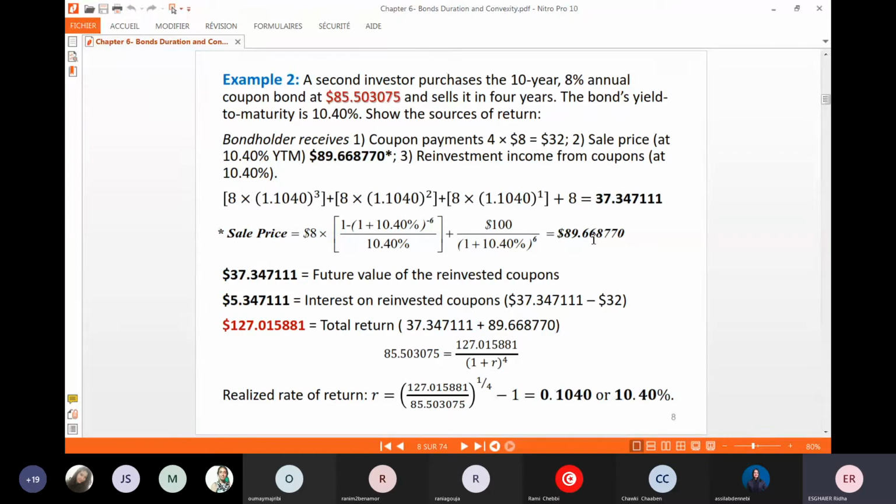He will also accumulate the future value of the reinvested coupons, because the 4 coupons could be reinvested. The first one will be reinvested from date 1 until date 4, so it will be reinvested during 3 years. The second coupon will be reinvested during 2 years from date 2 to date 4. The third one will be reinvested from date 3 to date 4 for 1 year. The last one will receive no interest. So the total accumulated amount for investor 2 is 37.34 plus 89.66,